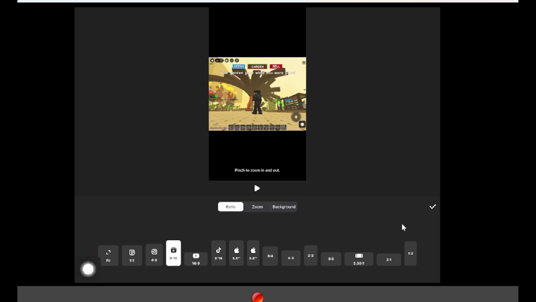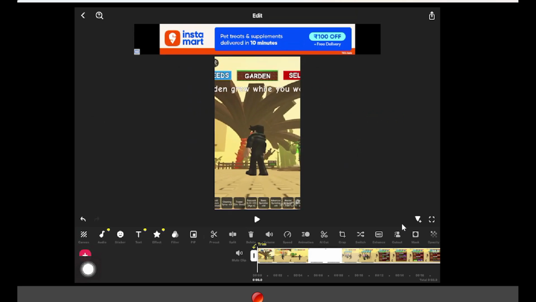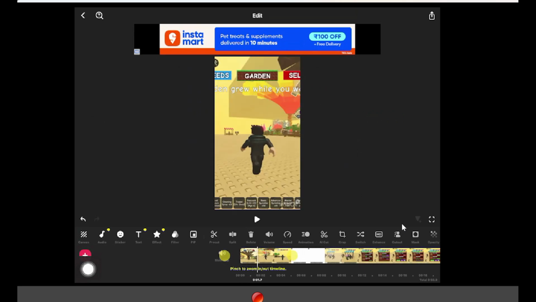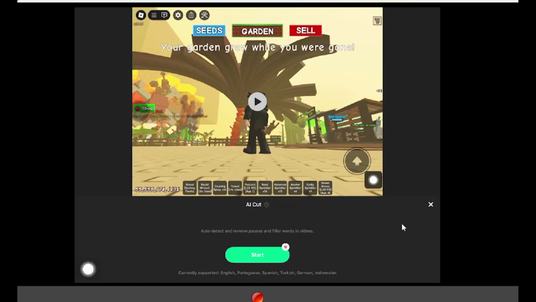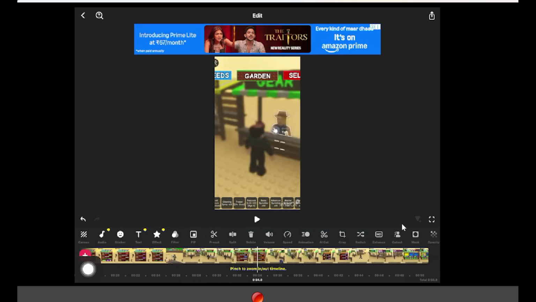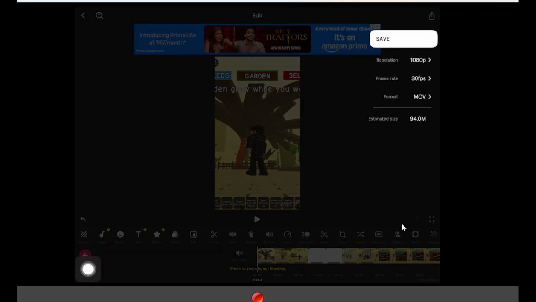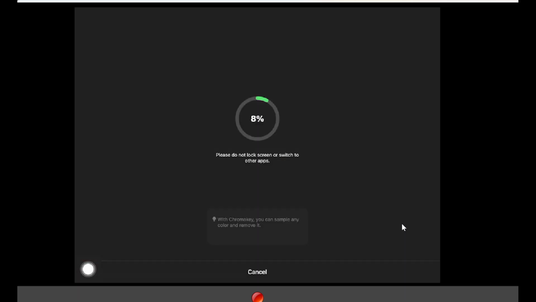And now the next thing you can do is stretch out your video. So select your video and stretch out. Then you just need to make some changes, like you can edit your video, make some cuts in the video, and you can also add subtitles to your video. Once you've done that, just export your video to any quality you like. And once you export this video, the next step is you just need to upload. You just need to make sure that you have the YouTube application on your iPad. So let's export this video first, and then I'll talk about it later.